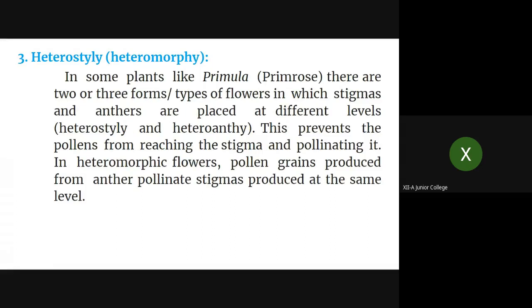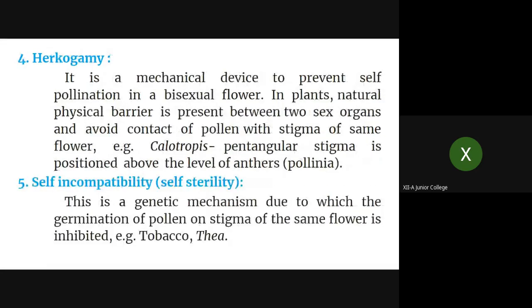So that is what is called heterostyly. Even in the vice versa case, if you consider the little finger as the length of the style and the middle finger as the length of the filament, in that case also there are very little chances of self pollination, but in that case cross pollination is favored. So this is what is called heterostyly or heteromorphy. That means morphologically these two parts are different, and that's why it doesn't favor self pollination, but rather cross pollination is possible. Now the next is hercogamy.